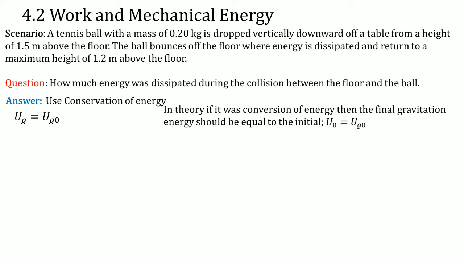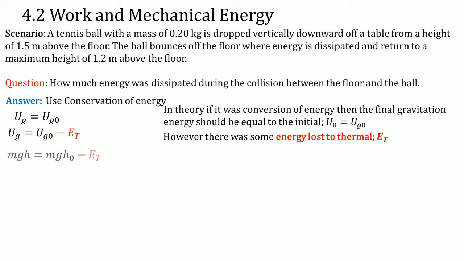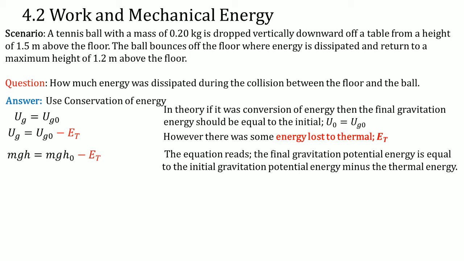Now, however, there was some energy lost to thermal, which is ET. So we can adjust the equation here. We subtract an ET to represent the dissipating energy. We can substitute in the values mgh. h stands for the final height. mgh naught, h naught represents the initial height. This equation reads, the final gravitational potential energy is equal to the initial gravitational potential energy minus the thermal energy